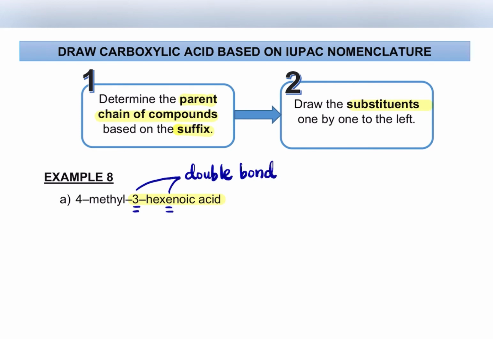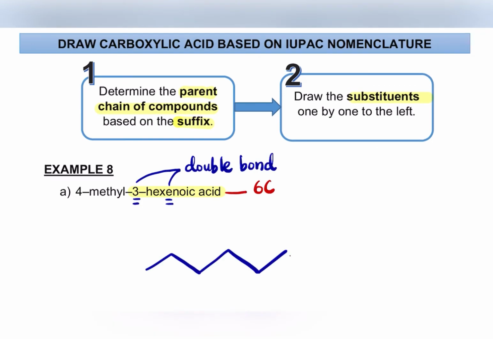And the next one, you got hexanoic acid. So the main parent will be carboxylic acid with double bond inside its structure with 6 carbon atoms. So I got 6 carbon atoms here. So I'm going to draw my structure right now for the parent with 6 carbon atoms. Give the numbering for your carbon so that you can check whether your structure is correct or wrong. So this is my first carbon. I'm going to put carboxyl group at this structure. So this carbon automatically attached to double bond O and single bond OH. So this is hexanoic acid, but right now, as I mentioned before,